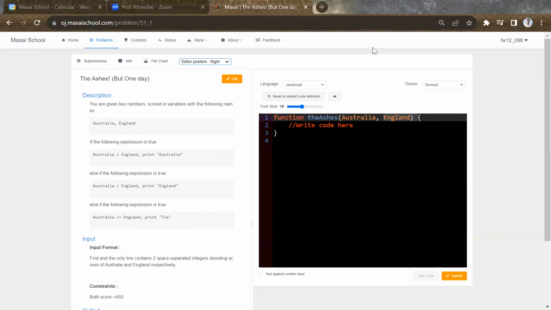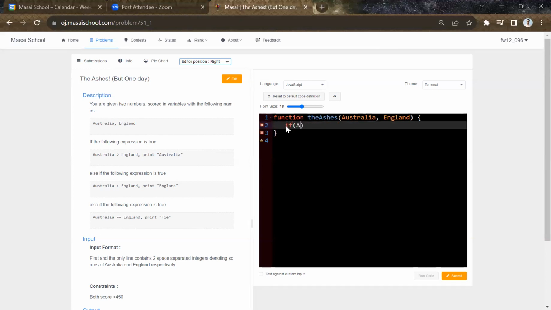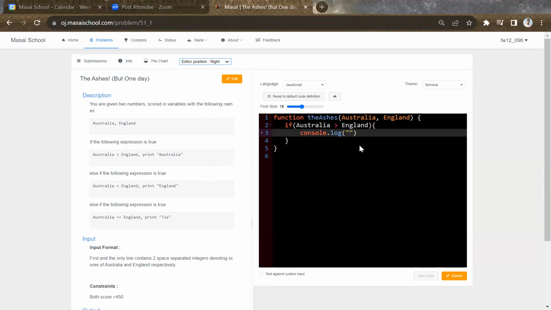ठीक है, चलो मैं लिखता हूँ। ऑल राइट, तो हमें एक इफ स्टेटमेंट लिखना है, राइट। और उसके अंदर क्या लिखना है? इफ ऑस्ट्रेलिया इज ग्रेटर देन इंग्लैंड। यहाँ पे क्या प्रिंट करना था हमें? व्हाट डू वी हैव टू कंसोल? ऑस्ट्रेलिया इज ग्रेटर देन इंग्लैंड। ऑस्ट्रेलिया, राइट।